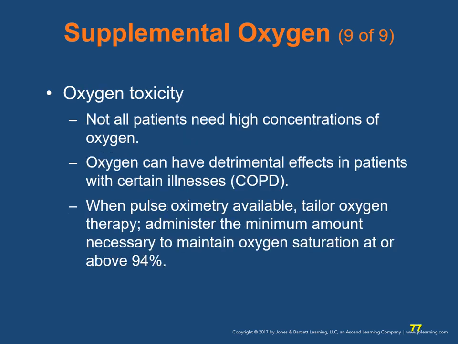Oxygen toxicity is what we're going to discuss now, and the administration of oxygen to patients is a common practice. While many patients in the pre-hospital environment require high concentrations of oxygen, not all patients do. Excessive supplemental oxygen can have a detrimental effect on patients with certain illnesses, such as COPD or bronchopulmonary dysplasia. Oxygen toxicity refers to the damage to cellular tissue due to excessive oxygen levels in the blood. Increased cellular oxygen levels contribute to the production of oxygen-free radicals, which can lead to tissue damage and cellular death